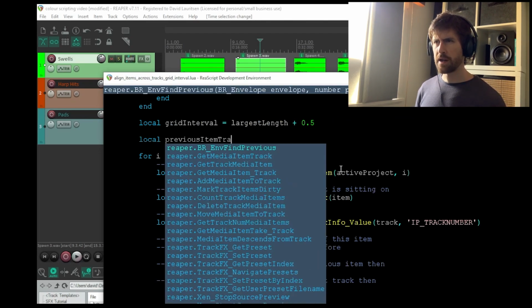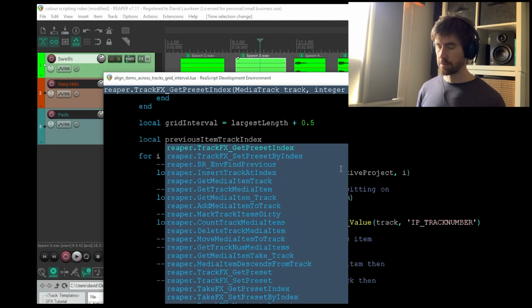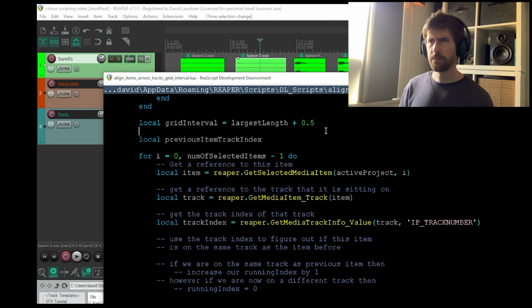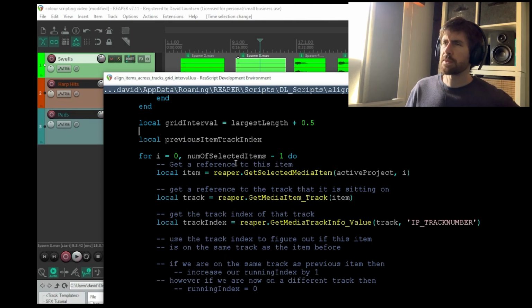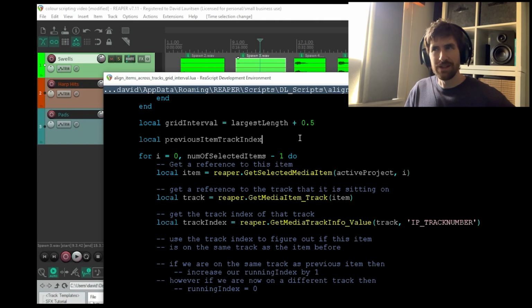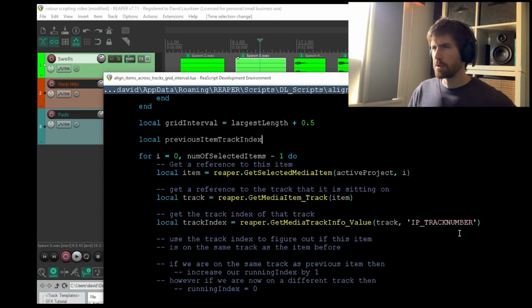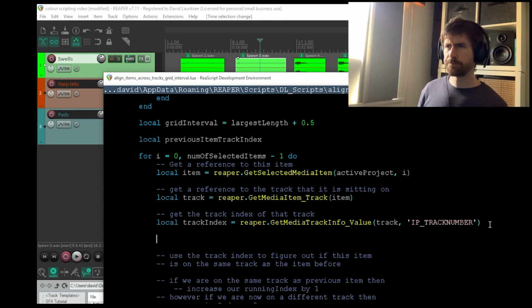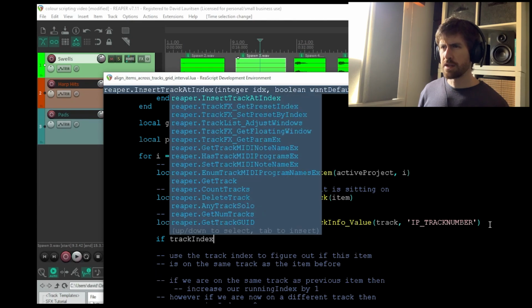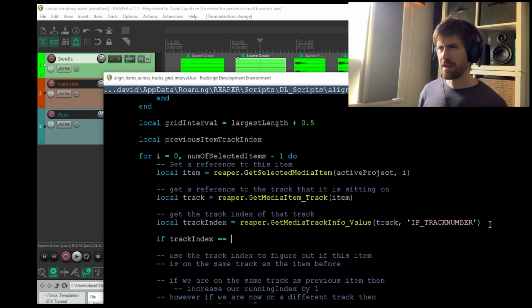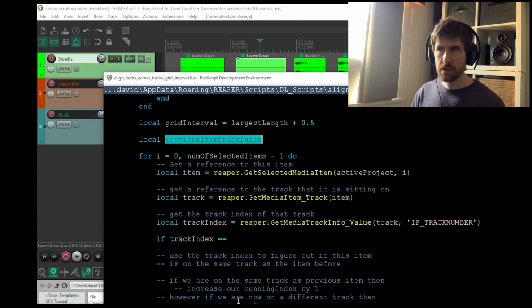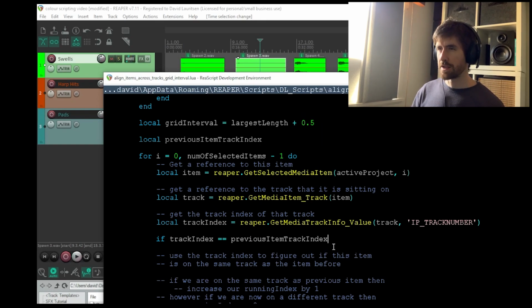Previous item track index, right? So remember, if you just write local and then a variable name, it initializes to a nil value. So I think that's going to work for our needs here, because what we're going to do is, if track index is the same as previous item track index,